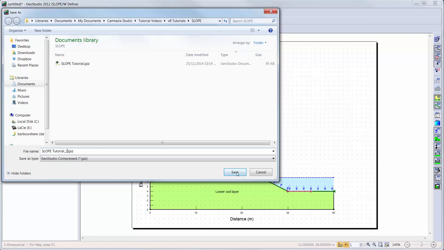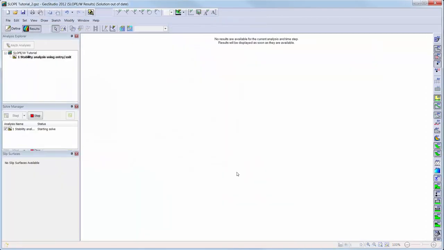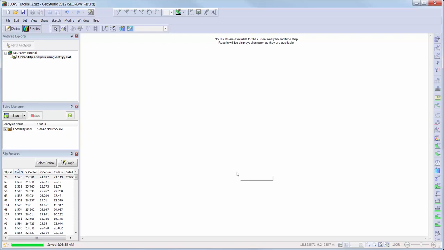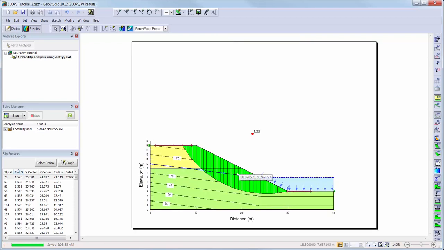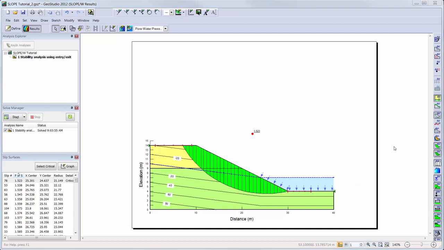Once solved, the window will automatically change to the Results view instead of the Define view. By default, the critical slip surface is shown, with the factor of safety result for that slip surface. Currently, we can also see the pore water pressure contours with the labels that we painted on the domain in the Define view. Again, we can turn on the pore water pressure contours by clicking on the Contour option in